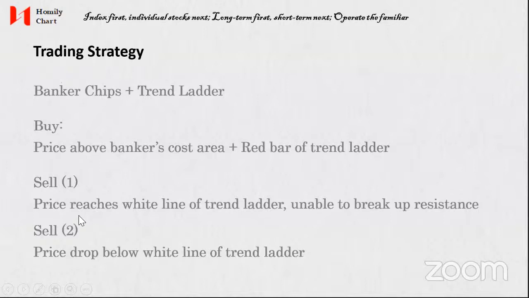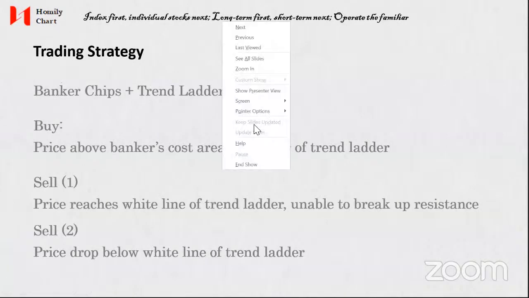Sell points: if the price reaches the white line of trend ladder, which is the resistance, and is unable to break up, then you can sell. If the price drops below the white line of trend ladder, you can also sell, because the white line of trend ladder is the medium-term trend, right? It represents the medium-term trend. Okay, so let me just switch to the software to show you how to use the